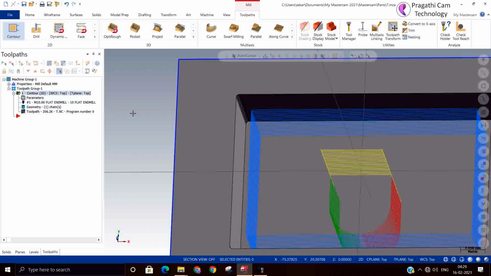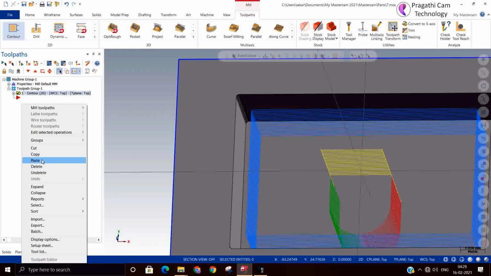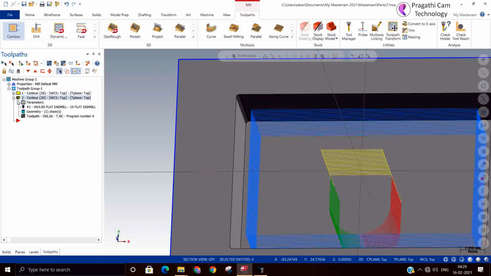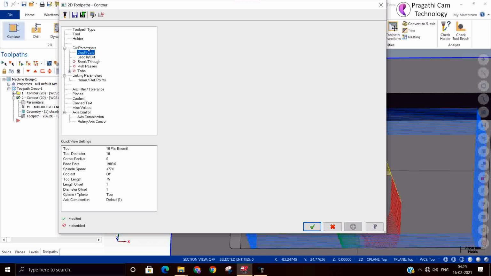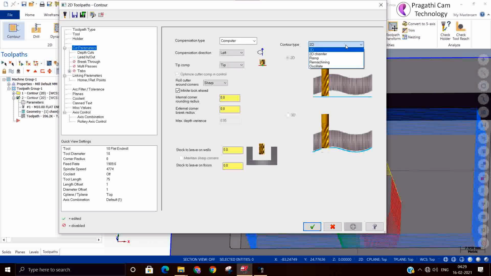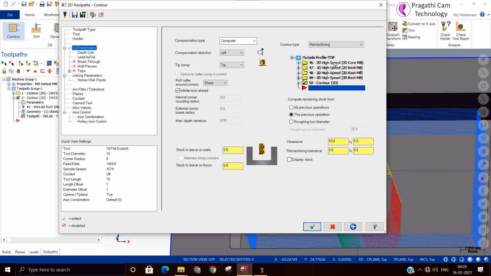So for that reason there is a remachining option. I just copy this, paste it, and go here to this option. I'll change it to remachining. Here three options are there: all previous operations, one previous operation, or a rough tool diameter.